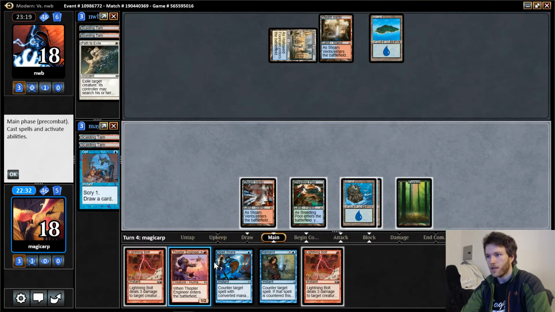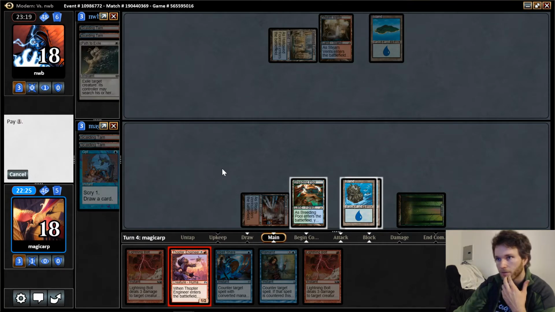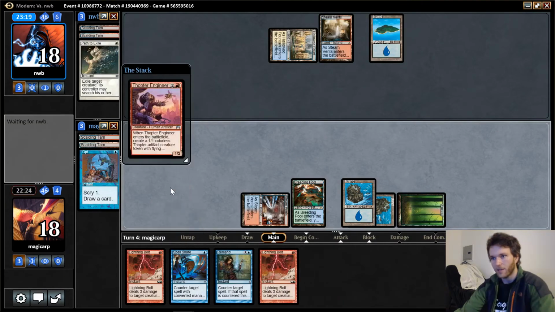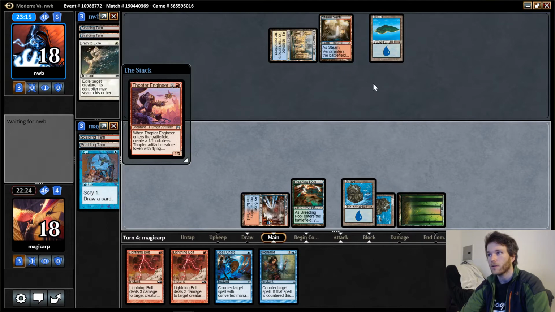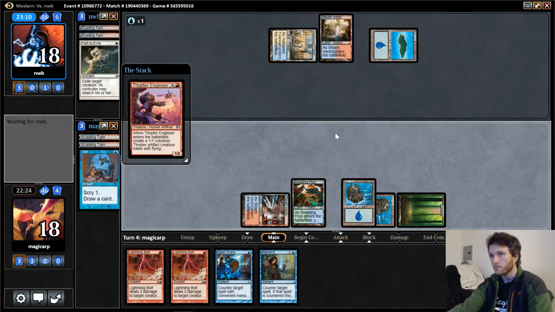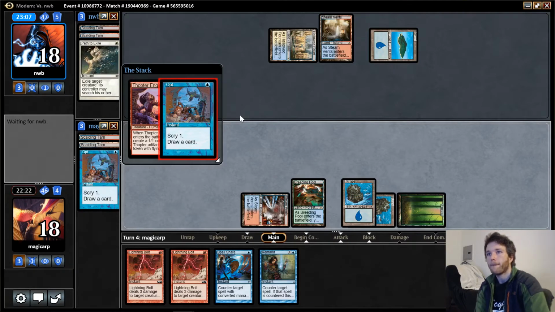Here I think we're just jamming Thopter Engineer. It takes us off of Lightning Bolt, but I don't think we need to Lightning Bolt anything. We just got to hold up Bolt for Quellers in the future. So let's see if they drew a Remand or something. Opt, that's fine. But yeah, like